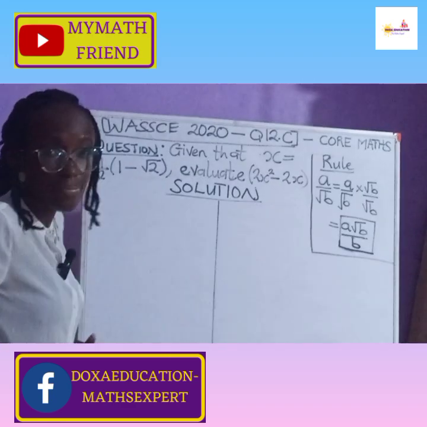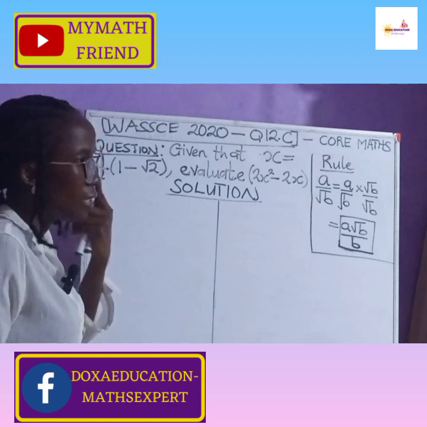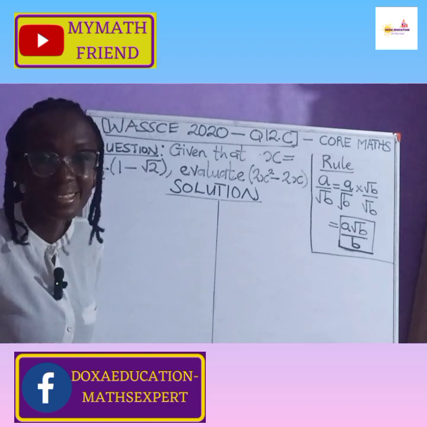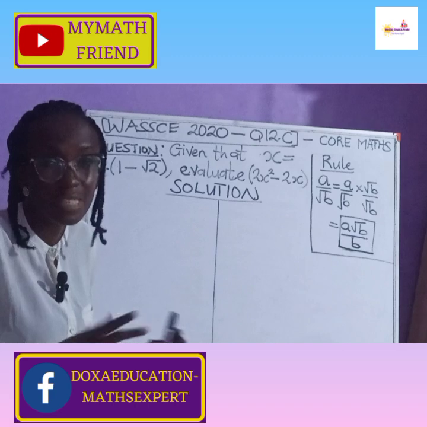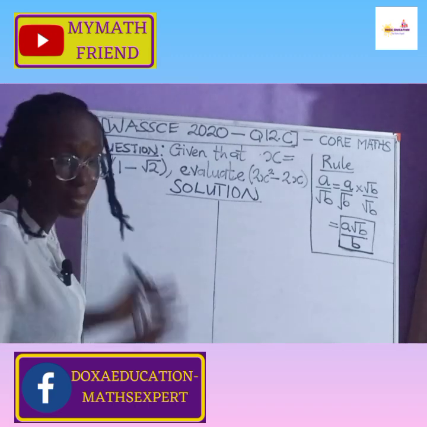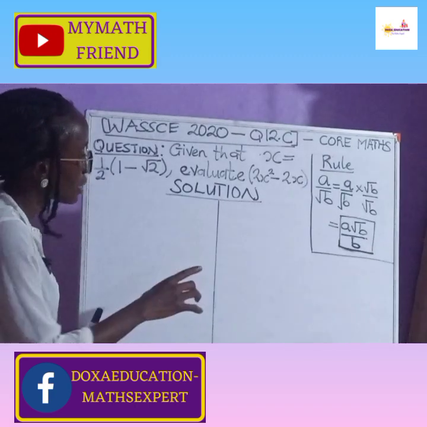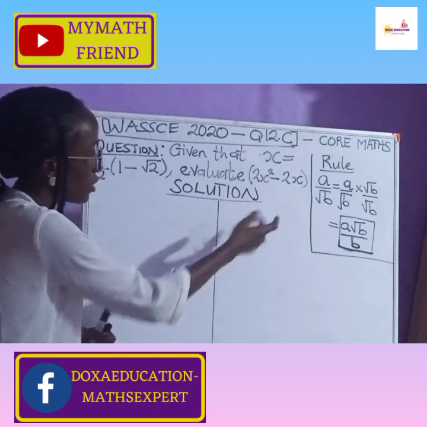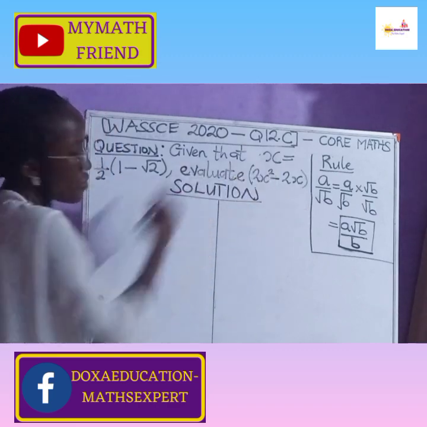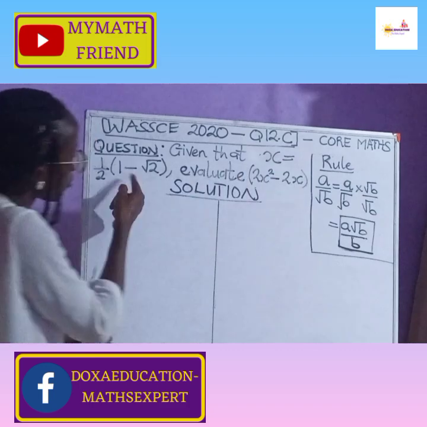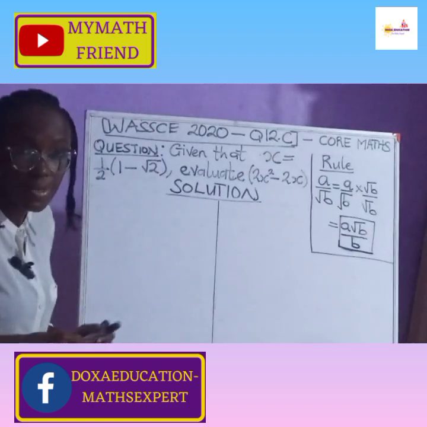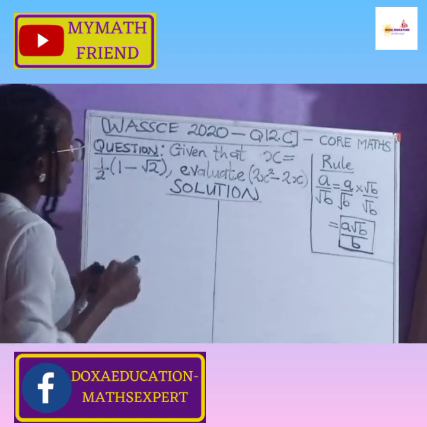What does it mean to evaluate? It means find the value of something, where at the end of the day, your answer is a whole number which doesn't involve any variables. That's in simple terms. So it means that you have to do away with the x values inside the expression. That's why they've given us the value of x being equal to this. So what do we do? We substitute,